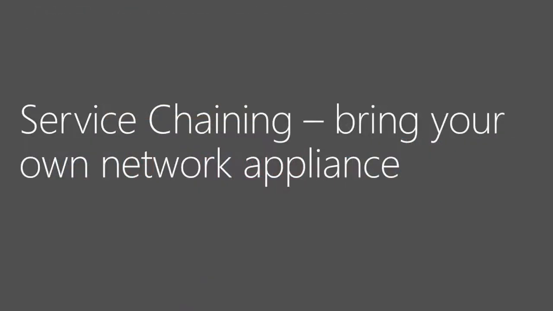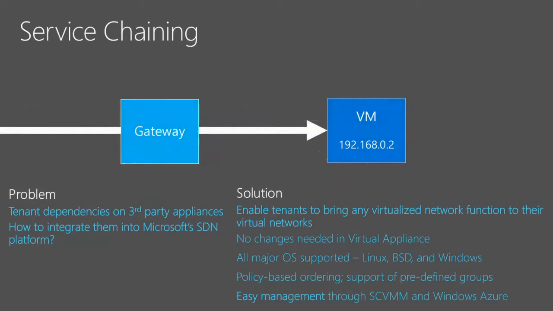So that's the firewall. Service chaining, this is the last concept I'm going to talk about. And this is also something that's completely new in the next version of Windows Server. So service chaining is the idea, and this is really one of the keys behind virtual network function, that you have a lot of these physical appliances from different vendors on